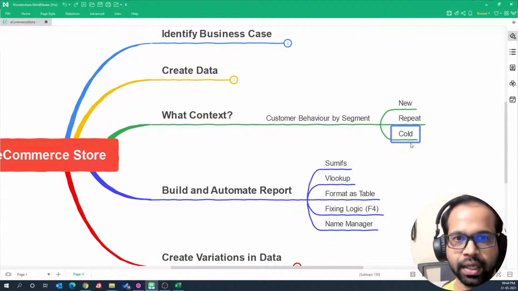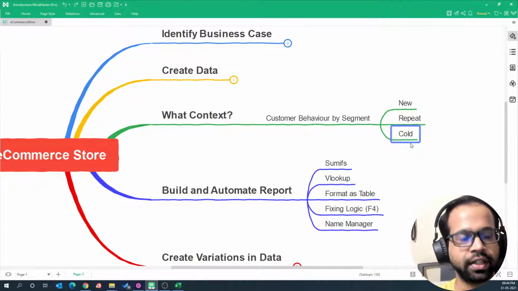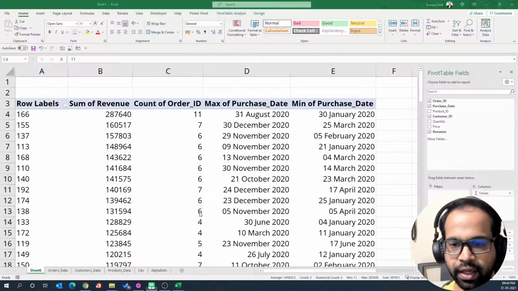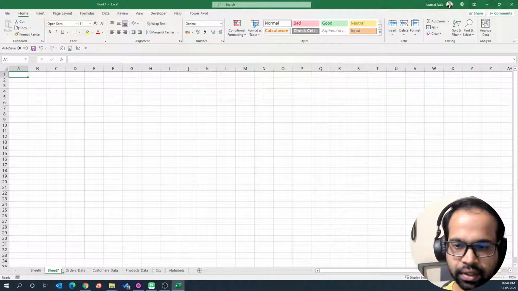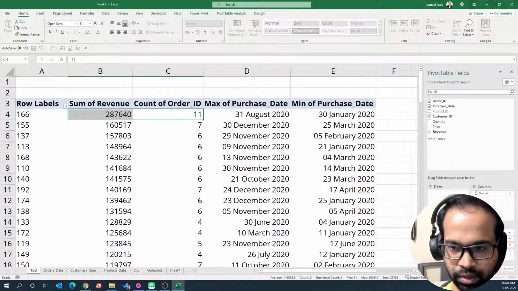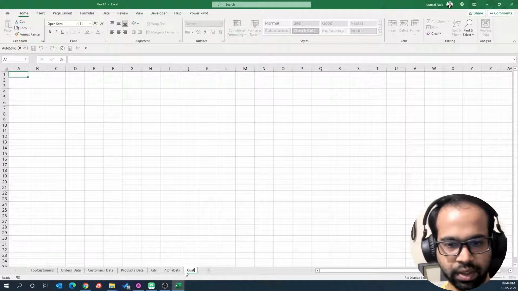Okay, so this can be a little difficult, but let's try to simplify how we can arrange this particular thing, right? So new, repeat, and cold. Let's define a criteria for all of this. So, top customers, okay, and the customer